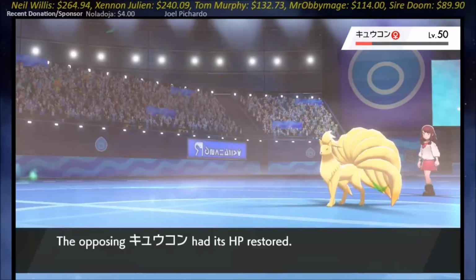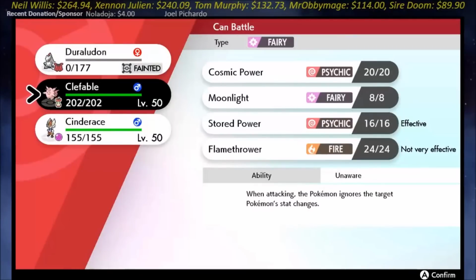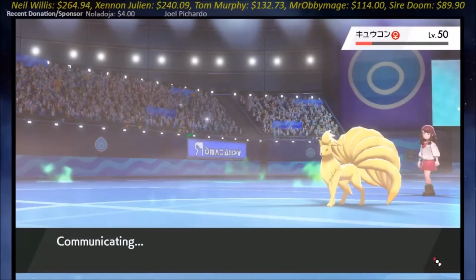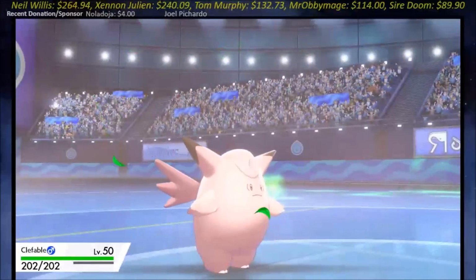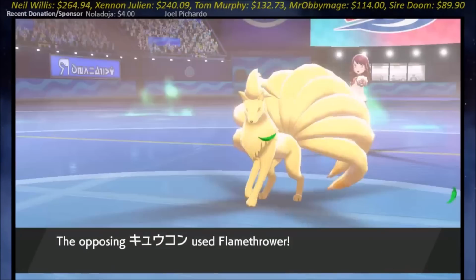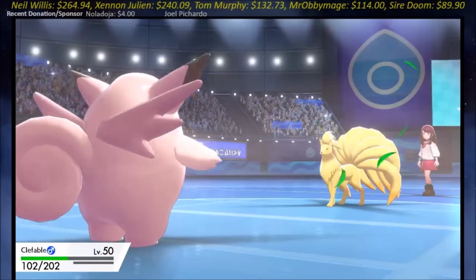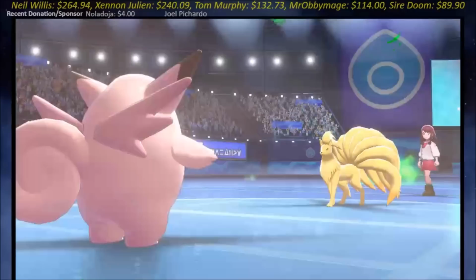Now, I'm a little worried about how much damage this Ninetales is going to do to Clefable, because it's still Sun-boosted Flamethrower. So it has to be like Cosmic Power is enough. If I had Moonblast, I'd just straight kill it, but there's not enough damage here. Actually, maybe Flamethrower. Don't be too much, don't be too much, don't be too much. Perfect. Just enough. So now...